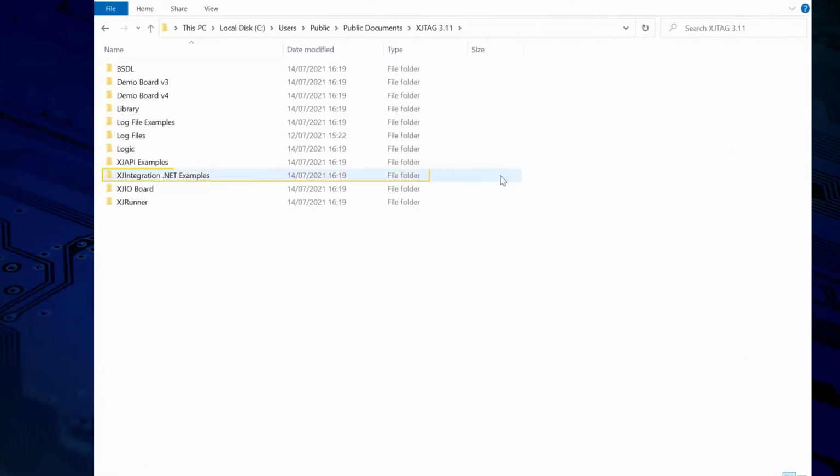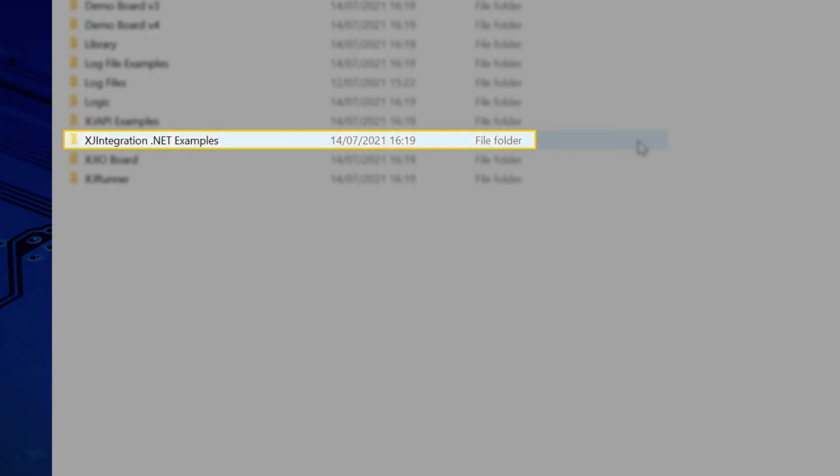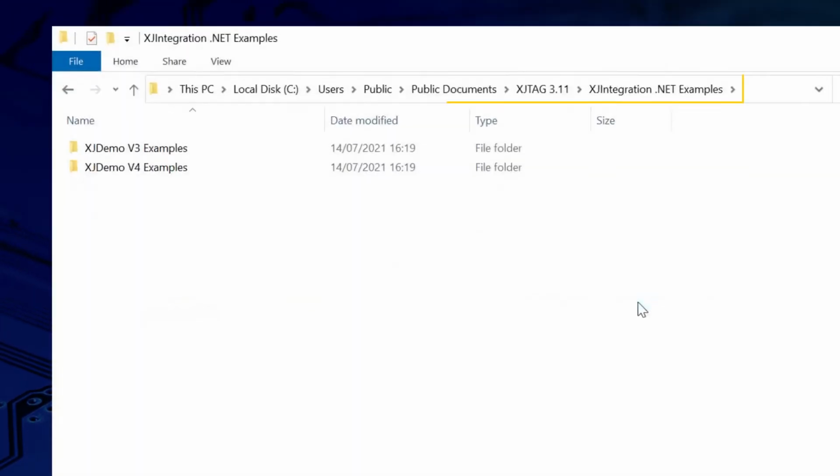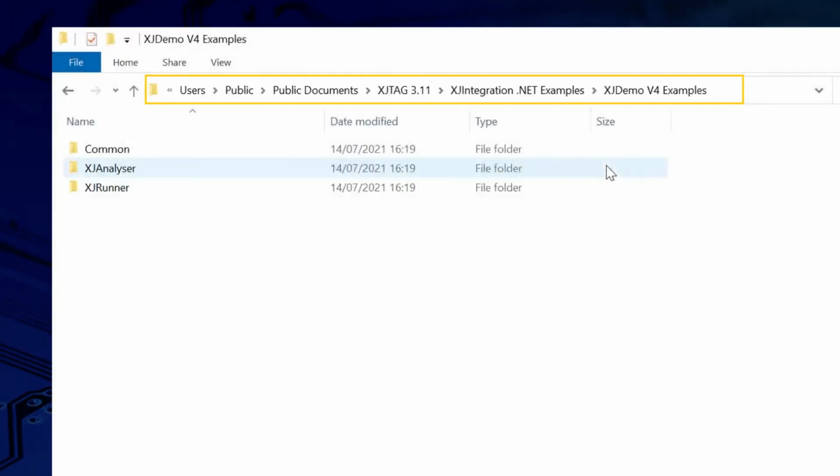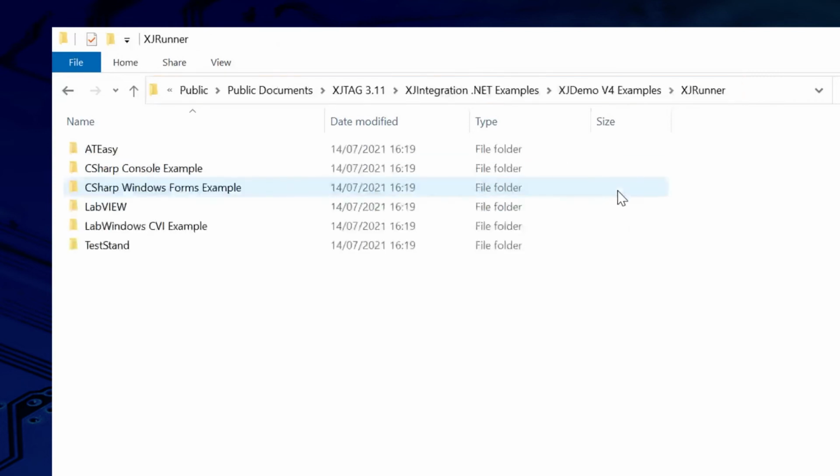I hope what I've shown you so far has given you a good introduction to integrating XJRunner into your .NET applications. To help you further, the default XJTAG installation includes several C# examples that you're free to copy and modify for use in your own code. You'll find them all in the xjintegration.net examples folder, which is normally in the XJTAG directory that's in your public documents folder.